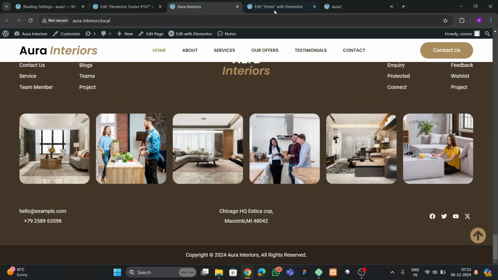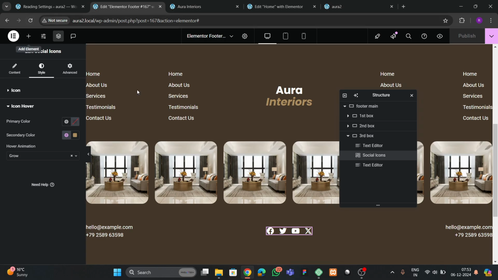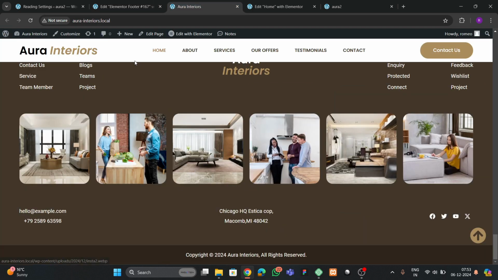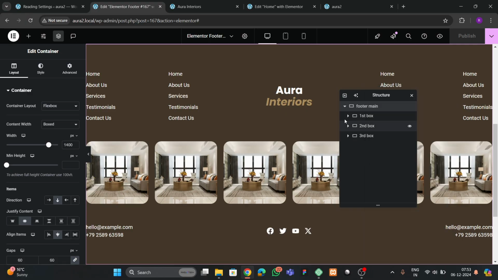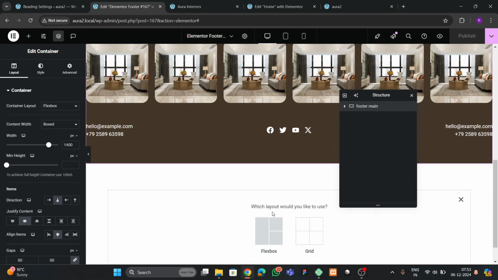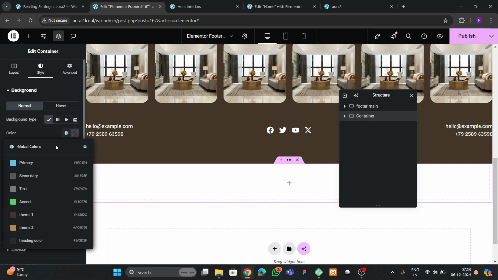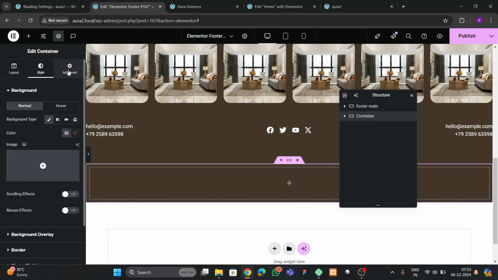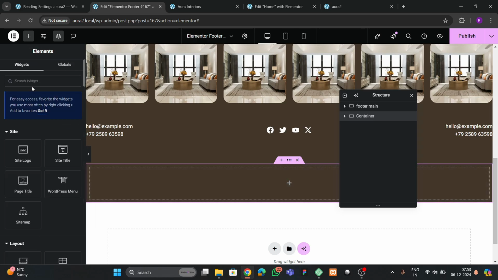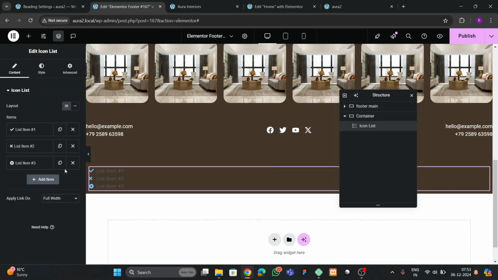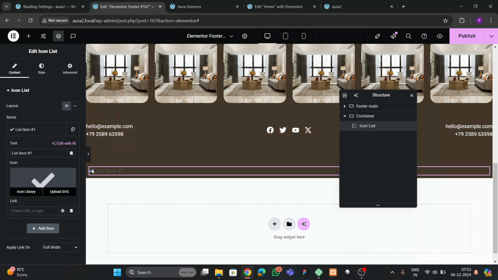So now we'll move to the final section of the footer. Again we're gonna use this, so let's click on this, and for this I think what we can do, we don't want to use this, so let's add a new container here like this. So this will be full width, and we can go to styles, and here we can add the theme one. Okay, we can search it for list. Let's search it for a list here, and we can just drag and drop this,